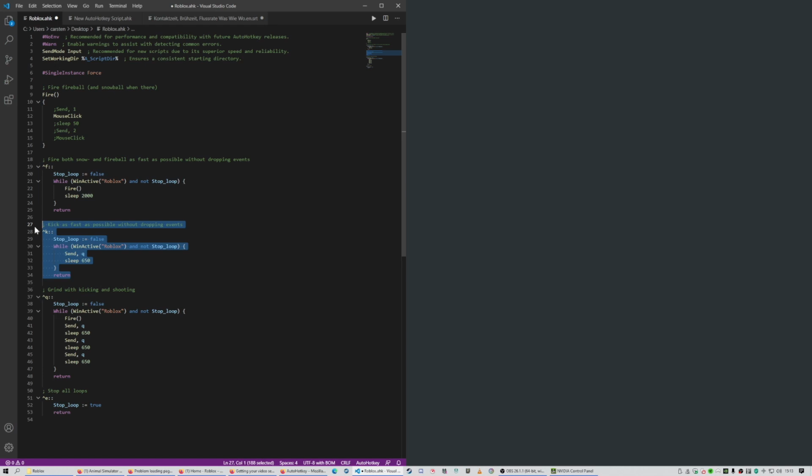These are each individual keys that I've programmed. The colon just means that the code comes after. This means Control F, so when I press Control F on the keyboard, it'll run this little script. When I press Control K on the keyboard, it'll run this Control Q and Control E. I wrote the Control F script to fire both the snow and the fireball as fast as possible without dropping events, it says. If you click too fast, it won't actually fire every time. So I tried to figure out exactly the right speed, and it seems to be able to fire about every